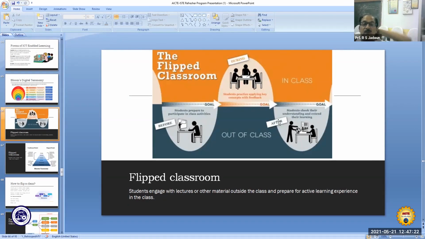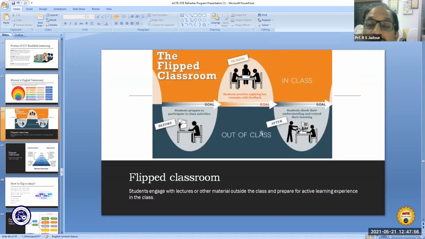This concept is becoming very, very popular, that we go for the flipped classroom, that we have designed so that students are engaged before coming to the class, prepared well, so that they can apply it in the class, and finally after they go home, there also students check their understanding and extend their learning. So they are continuously engaged and their learning is evaluated.